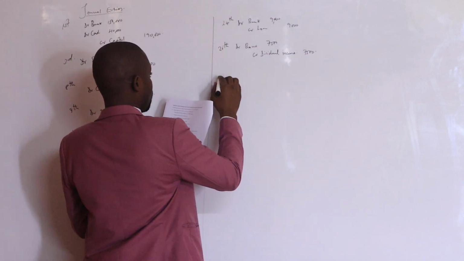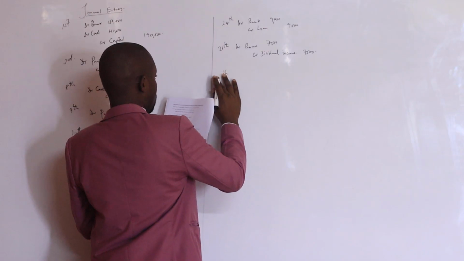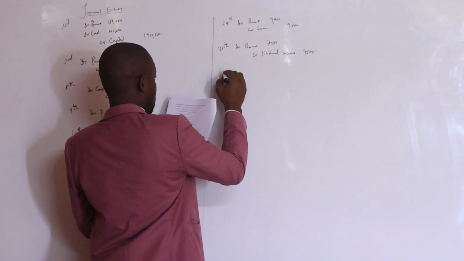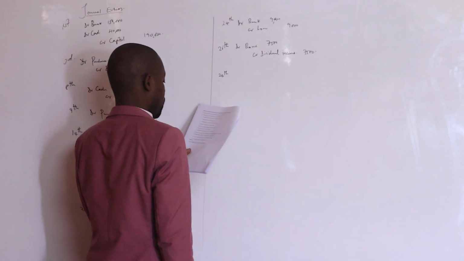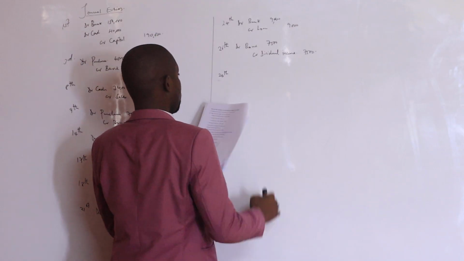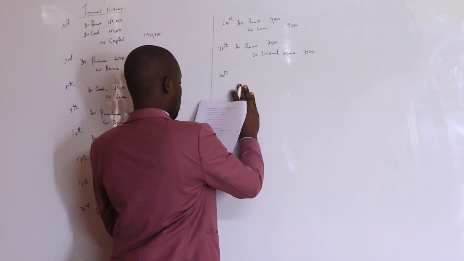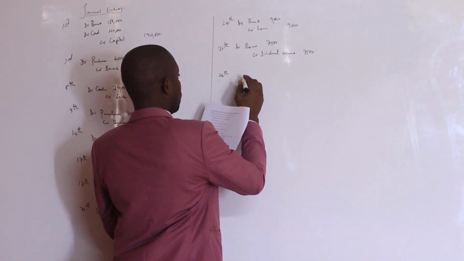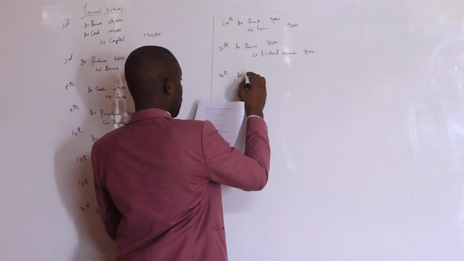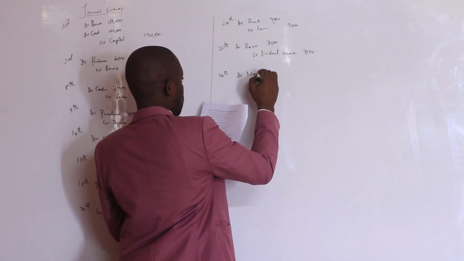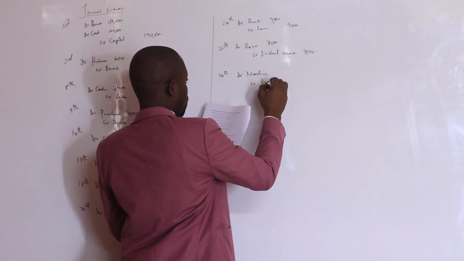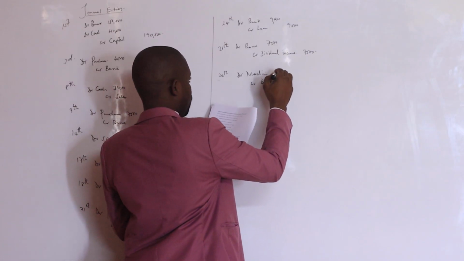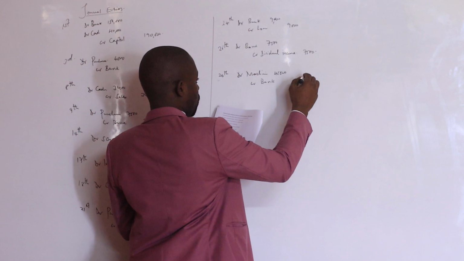On 26th, the second last transaction, bought machine worth 45,000 from Span Motors by check. We paid for them. We have a machine, an asset, and we are reducing an asset called bank. So one is increasing, we debit it, which is machine. The one reducing, bank, we credit it. So $45,000,